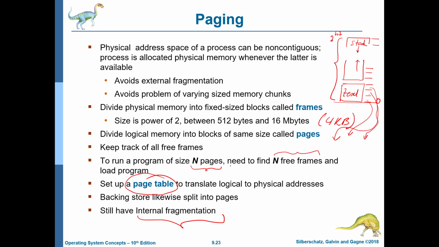Alright. And so in this case, what we are basically doing is we have forsaken the idea of variable sized memory chunks. We are only looking at fixed size chunks, where you have 4 KB chunks in both the physical and the virtual address space. And we just map a page to a frame. Even though the pages may be contiguous, the frames need not be. As you can see from this mapping, the frames need not be contiguous. They can be in an absolutely haphazard fashion. We don't care.